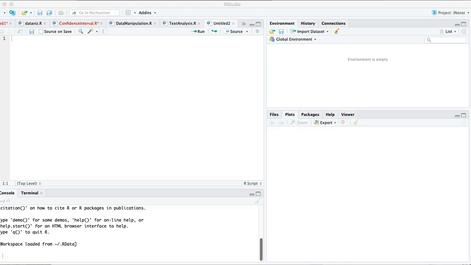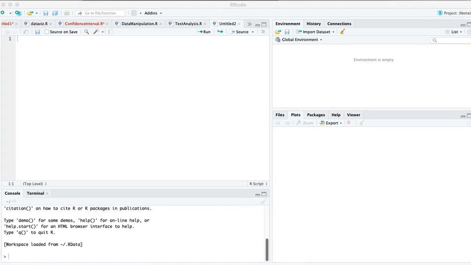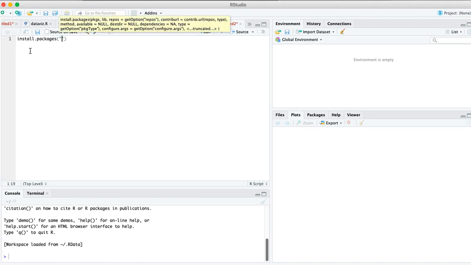All right, so we are going to get started today with data visualization in R. And there's a couple of packages that you're going to need to install before we can do this tutorial. So I want you to install the ggthemes package. So that's ggthemes,